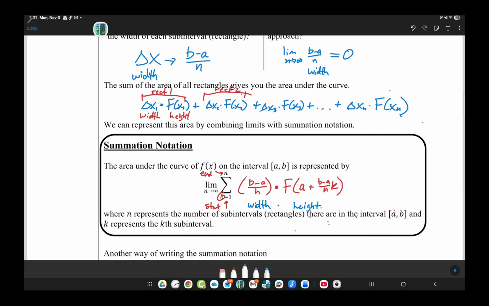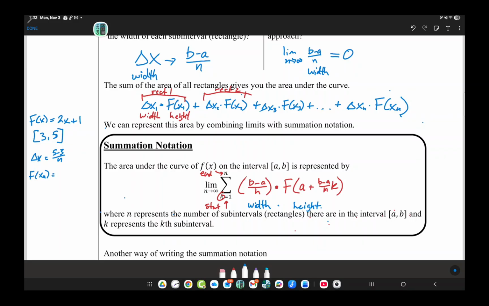Now, if you want to see an example of this, let's say that f of x is equal to 2x plus 1, and my interval is from 3 to 5. There's not a lot of room to write this here, so I'm not going to worry about writing the summation notation. I'm just going to write what goes inside the summation. So my delta x would be the change from 3 to 5, so 5 minus 3 over n. And my f of x sub k, really, because this is what's going to go in here,